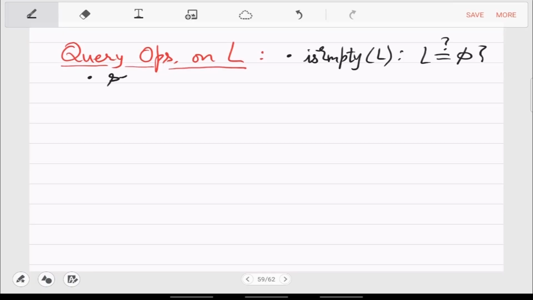And obviously more interesting is searching for something. So search X in L. So this will output the answer to the question whether X is in L. So it says yes if and only if X is in the list, right? Again, at this step, we are not asking about a programming implementation. This is just a demand or a requirement of this ADT.